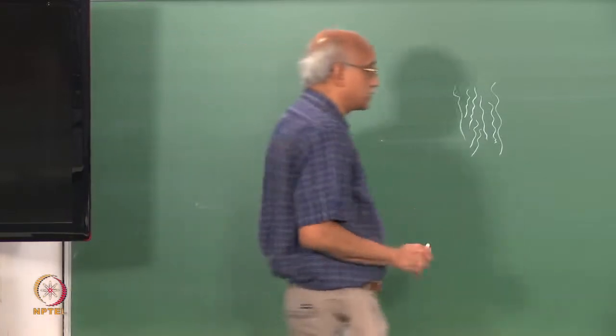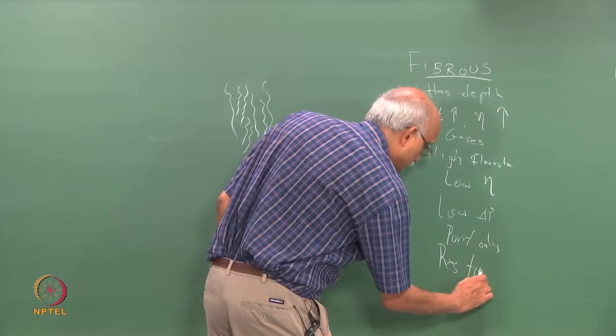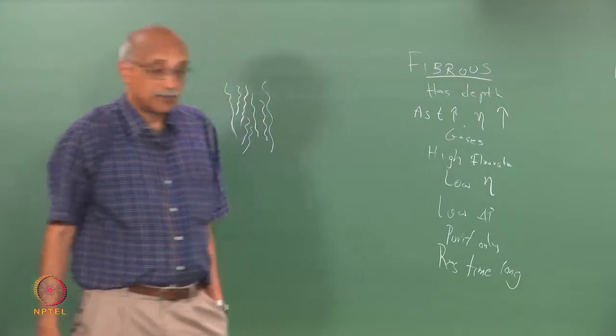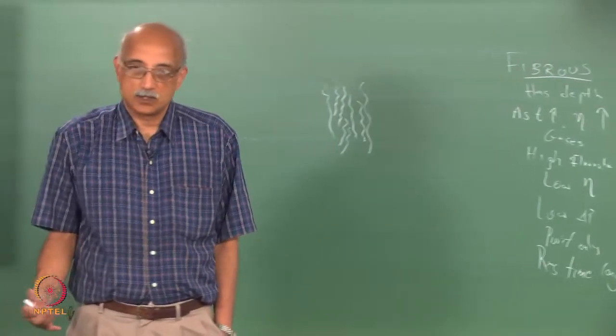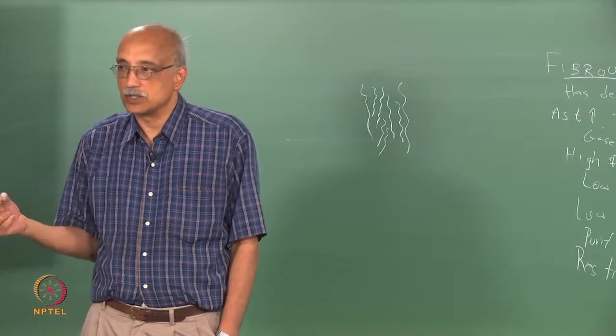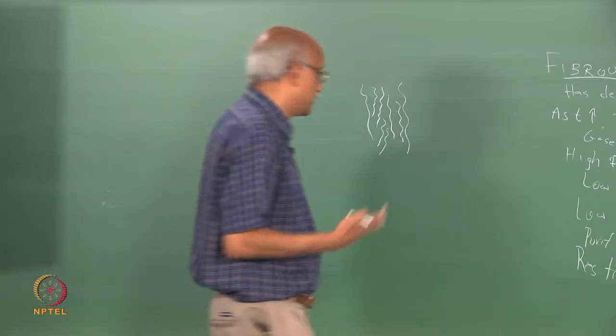So one of the key characteristics of a fibrous filter is residence times are long. In a membrane filter, the residence time, in other words the passage through the filter time, is virtually zero, because it's a one dimensional object, there is no depth to it. So you can in principle say residence time is 0,